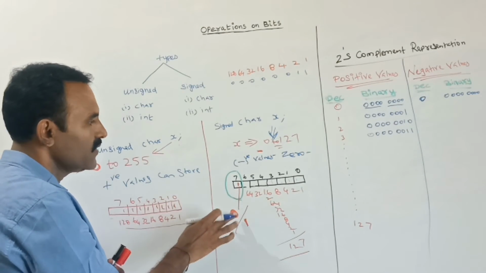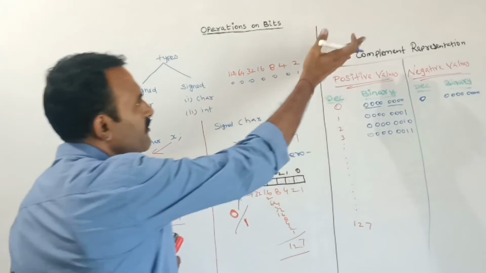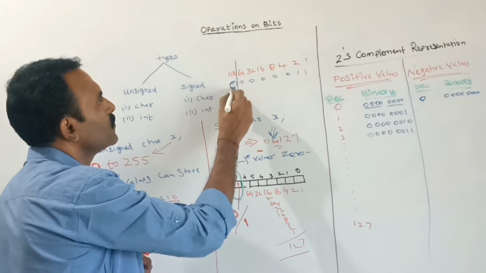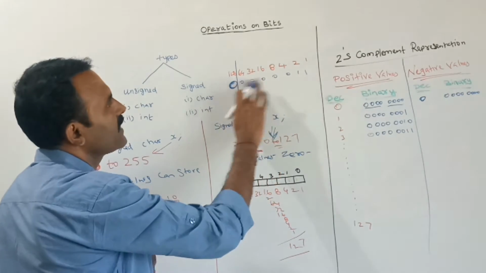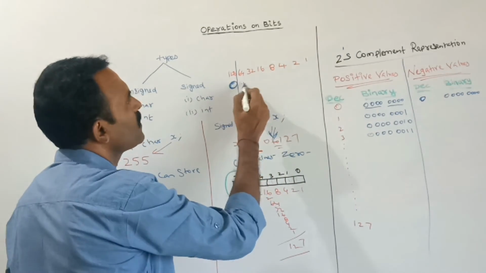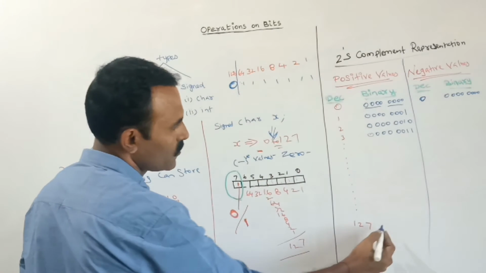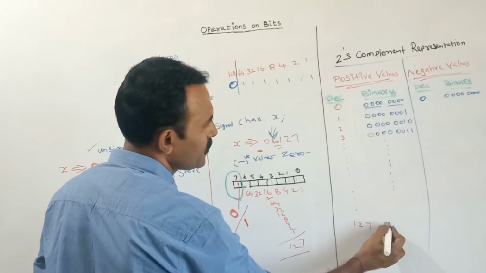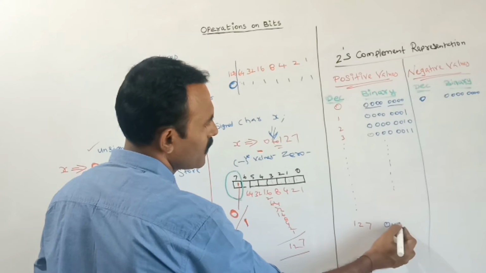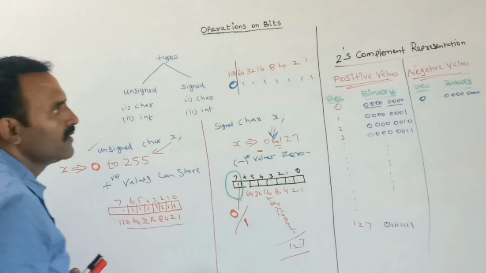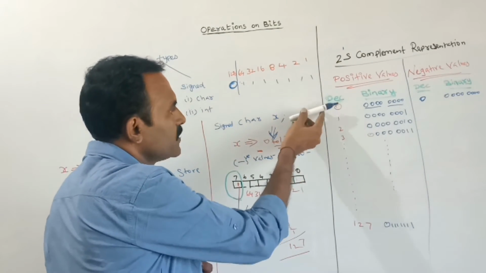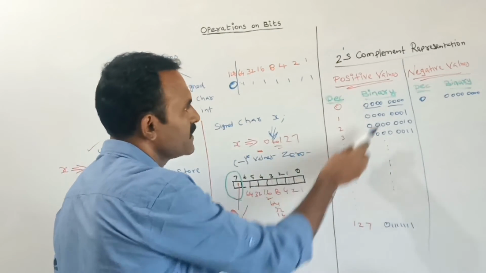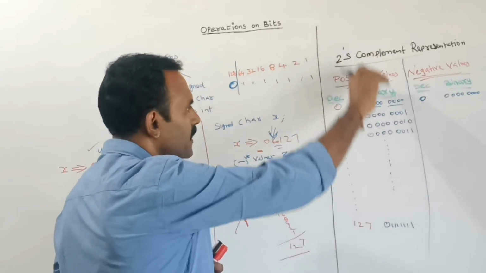If the 7th position is 0, then that is a positive value. Here we are going to see about the positive value. So for the positive value, always this bit will be 0. So we can convert like this. Suppose every bit value is 1, then that is the value of how much? 127. So for 127, the first bit value is 0 and the remaining every bit value will be 1. This is the binary value of 127. So we can store 0 to 127 in this signed character x. Each and every time when we are storing, these are the corresponding binary values for the positive values.